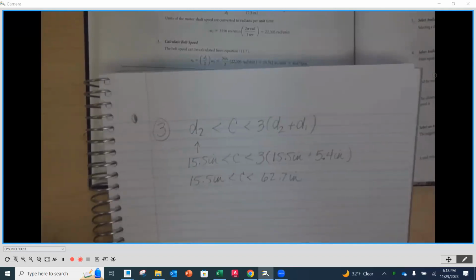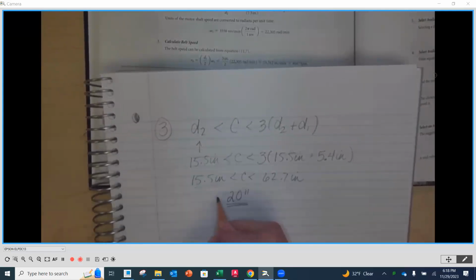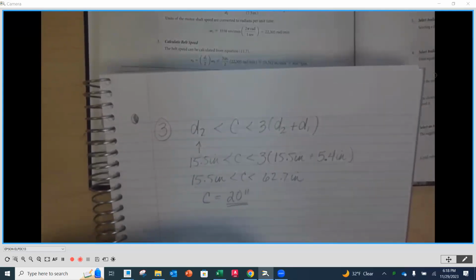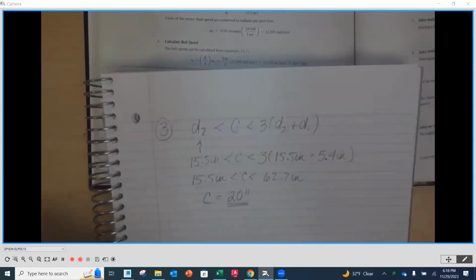So what's our number? Is that Logan? Yeah, I was going to say like 20 inches. 20 inches, that sounds good. All right, we're going with 20 inches. We want our center distance to be 20 inches. All right. Perfect. So now what we're going to do with that,